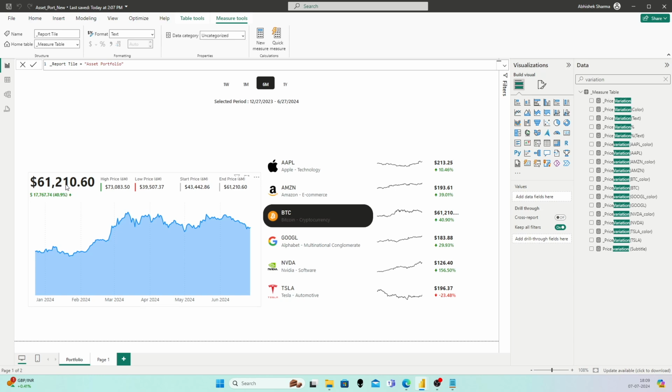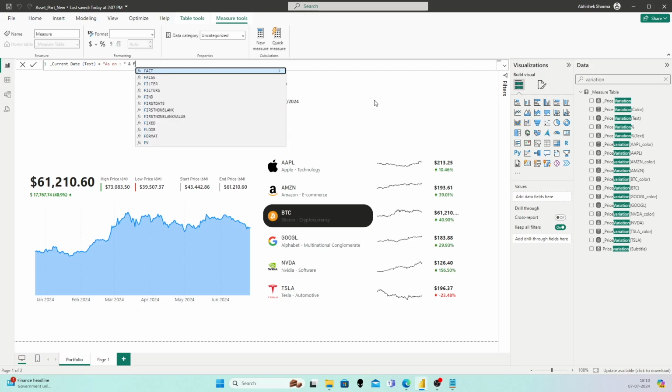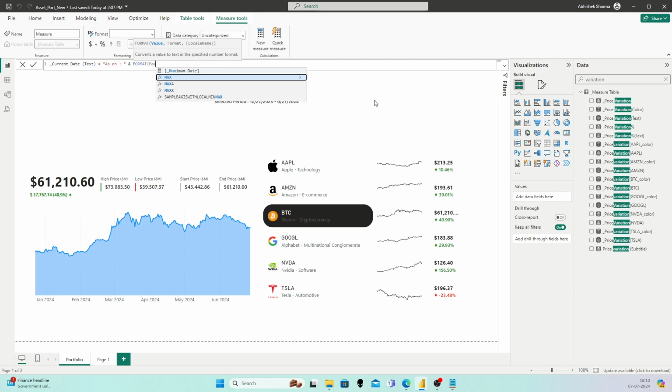The date of this price is 27th. So current date, which will be my text, that will be equal to as on, and format my maximum date, the current date, right, to